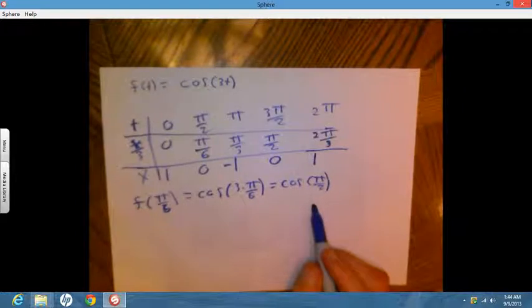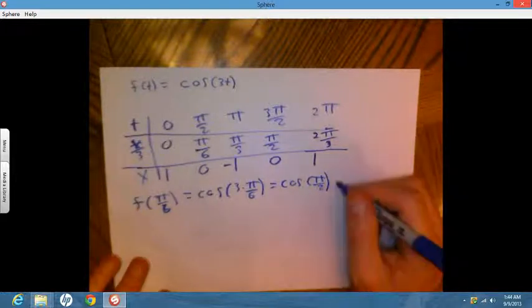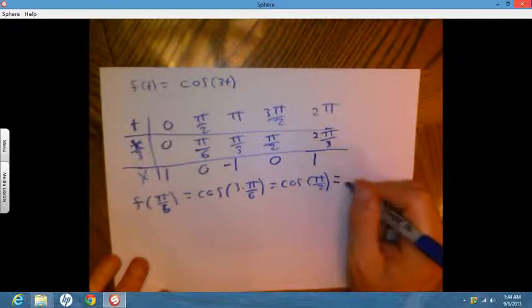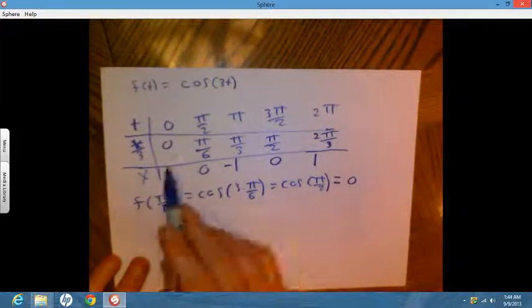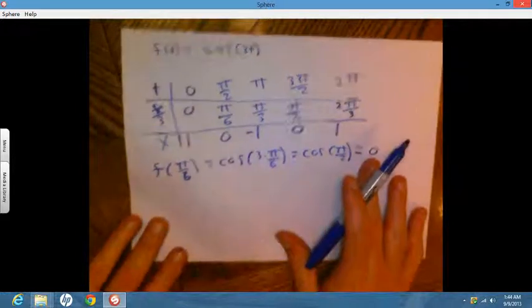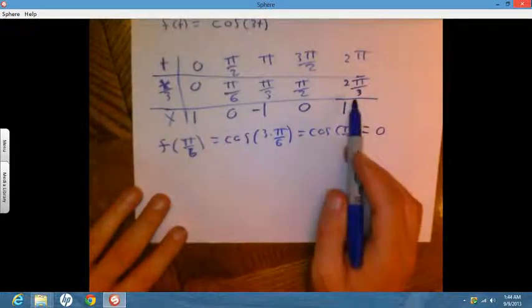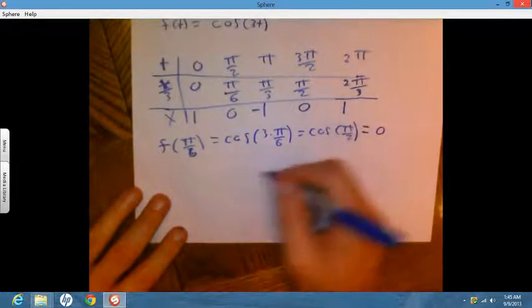just speeds it up to where the cosine would normally be pi over 2, and the cosine of pi over 2 is 0, right? So we're going to be plotting with these values over here, and notice we get through all our values going from 0 to 270 degrees, rather than 0 to 360 degrees. Okay, so if we plot this function over here,